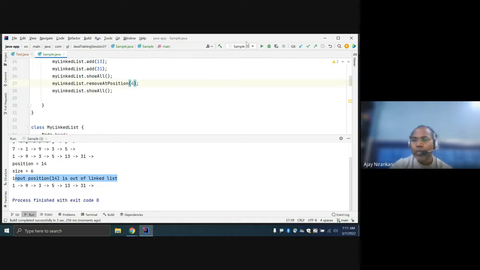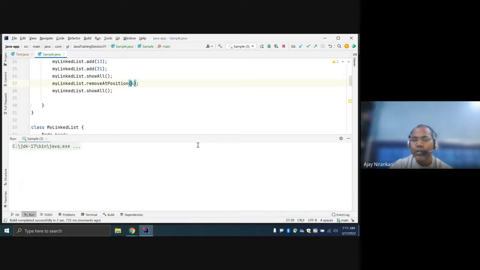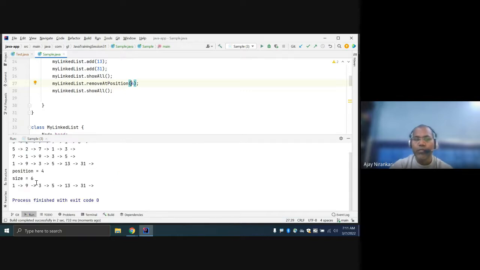So you know, whenever you want to remove any node, I want to remove this fourth one, the 5. So you have to find this node first, right? At this fourth position, what is the node? The first step, find the node at the fourth position. And whenever you find the node, you find the previous and just change the link. Is it correct?